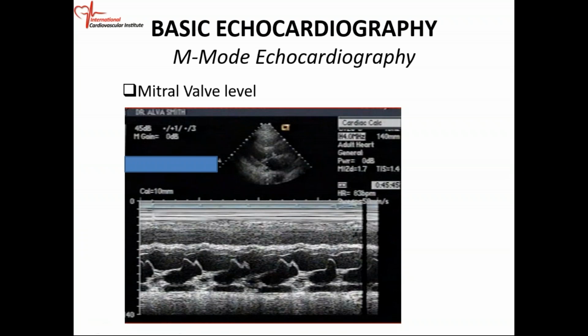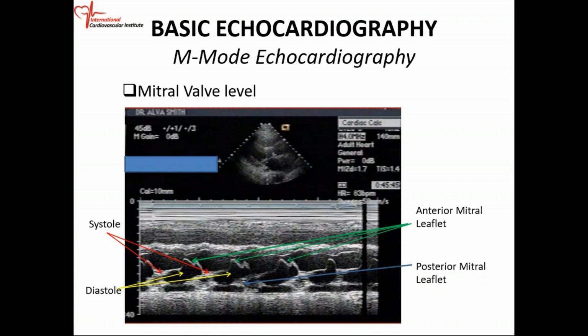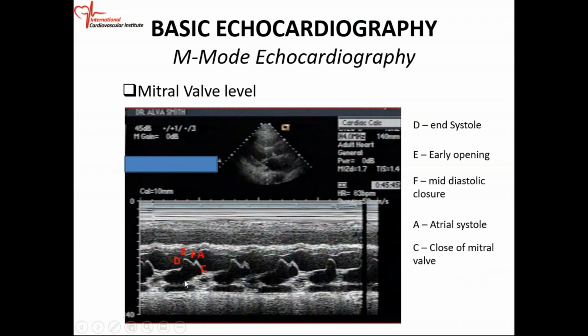The different structures, they will put labels on them, and you need to know what they are. So this is also testable, very testable. So you have different points on especially the anterior leaflet. This is the anterior leaflet on top. In diastole it opens, in systole it closes. The posterior leaflet is down there. So these are the different points.